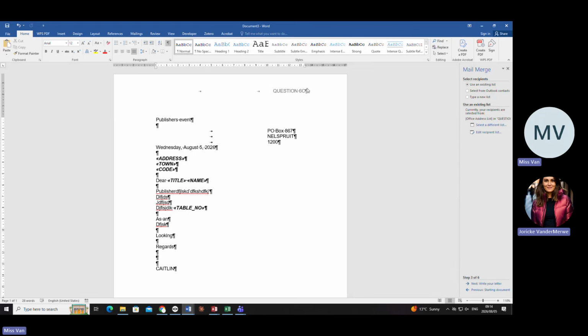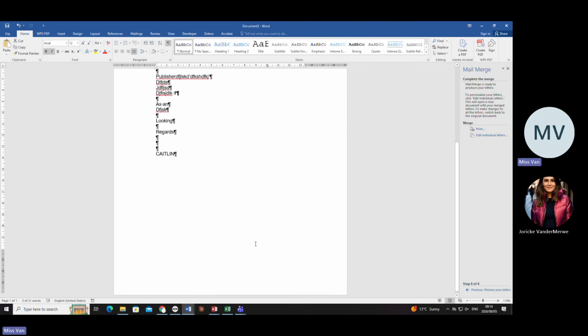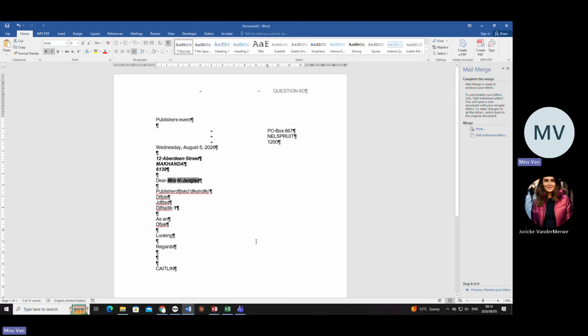Can you see for question B, I was doing step 3 all the way. I didn't click on this one time. Can you see that? So you're going to go to step 4, step 5, step 6. Can you see how it's changing? Can you see that this becomes now Mrs. Jantjies? But where is Mrs. Gumede? They want Gumede. Oh, they want Malusi, Gumede, and Williams. They want 3.